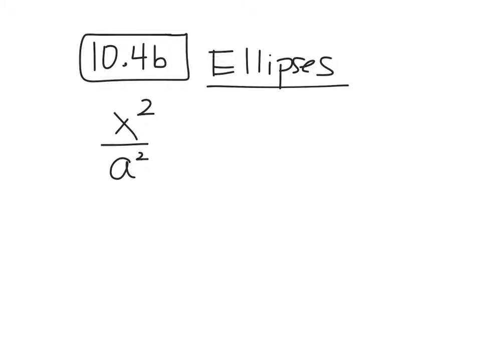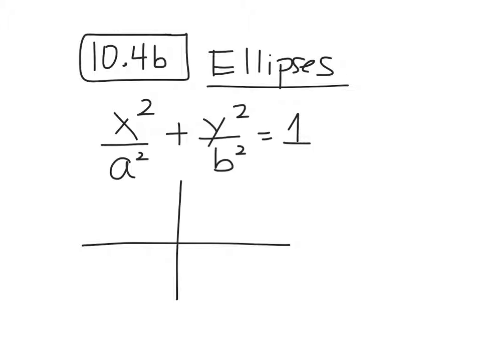X squared over a squared plus y squared over b squared equals 1. This is an ellipse centered at the origin, okay? And when you go to graph this,